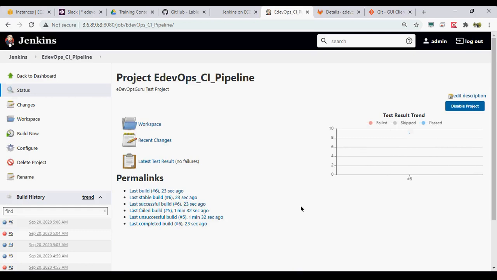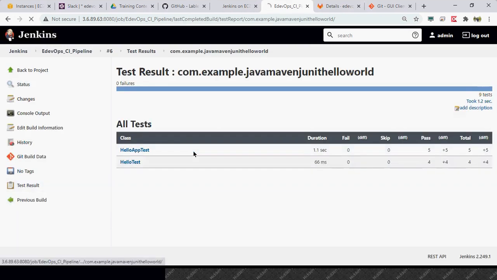Whenever a new build is run, you will have this chart. Here you can see 0 failures and 9 passed.